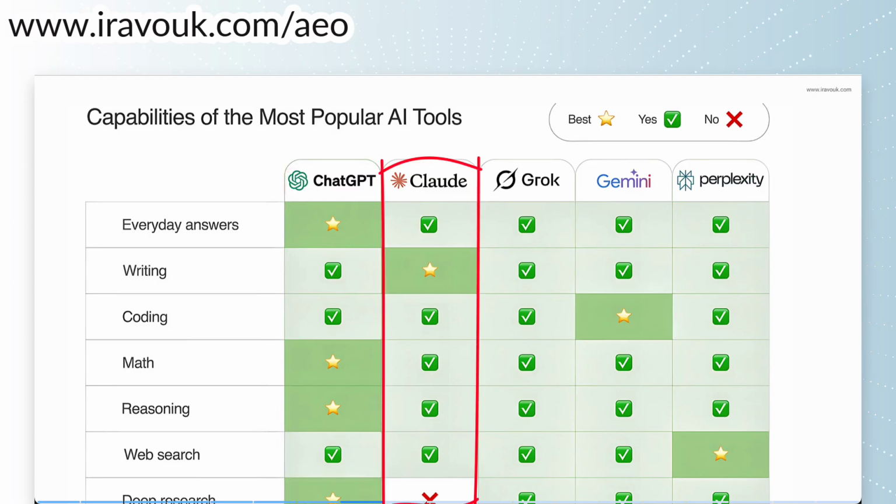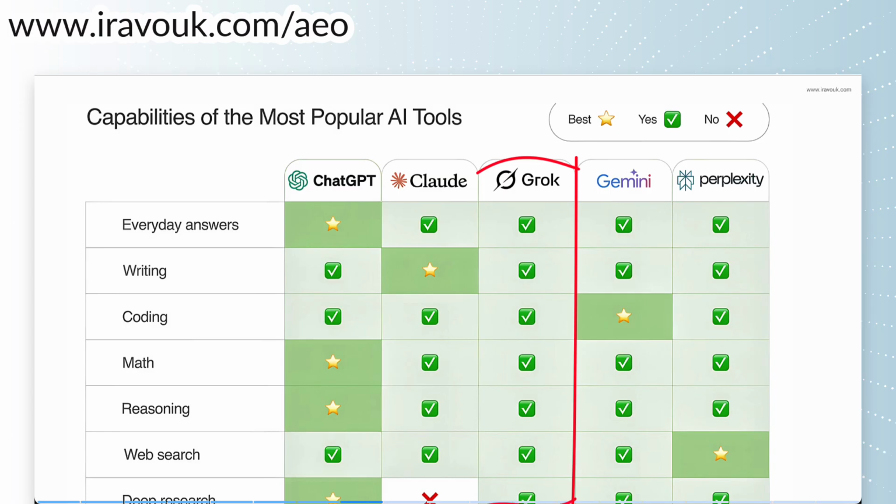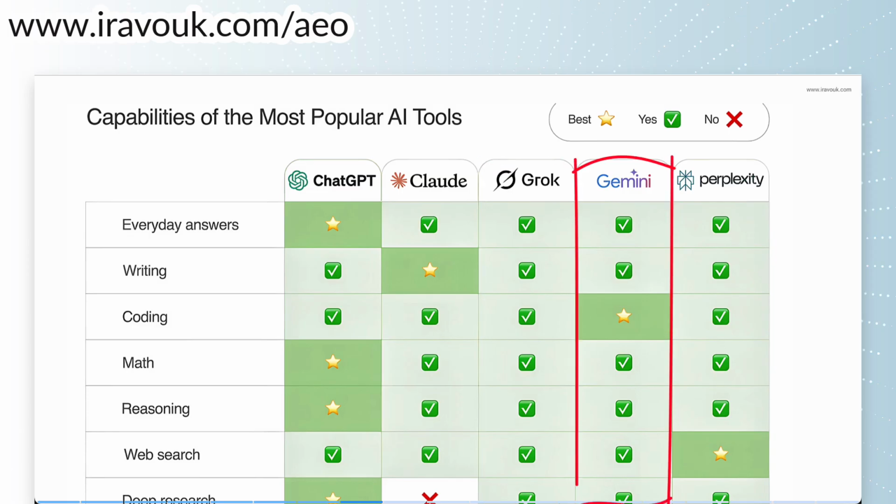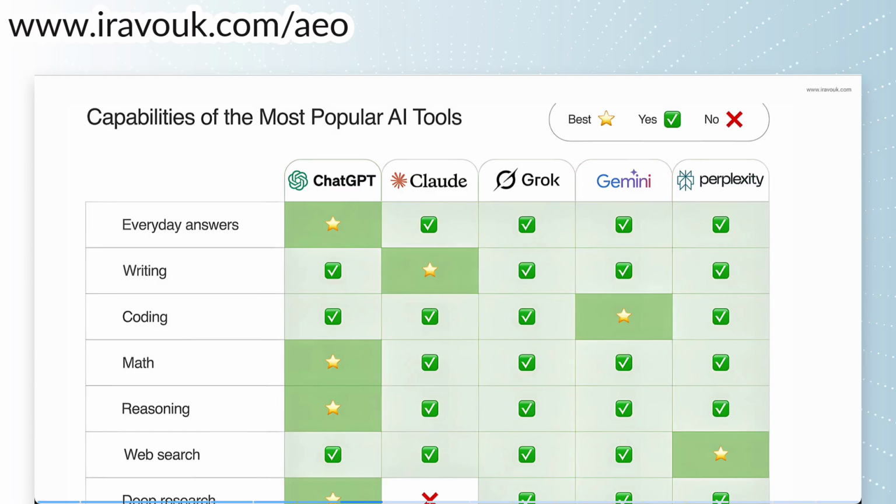Claude by Anthropic, known for safety and a huge context window. It can connect to the web and is used widely as a trusted AI assistant. Grok, still in the awkward teenage phase, but designed for real-time answers using X, formerly Twitter data. Google Gemini. This one lives right inside Google search, so you can't avoid it even if you tried. It pulls hotels and flights from Google Travel and delivers AI-generated trip planning results at scale.